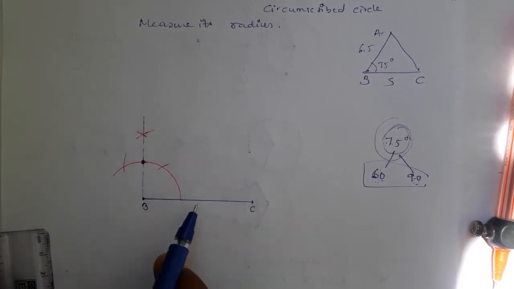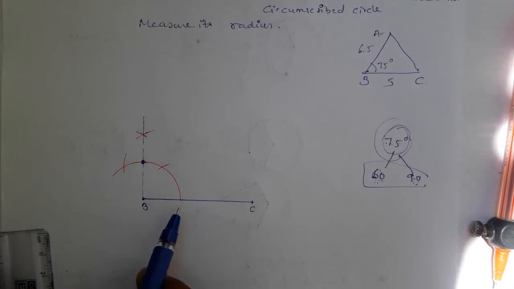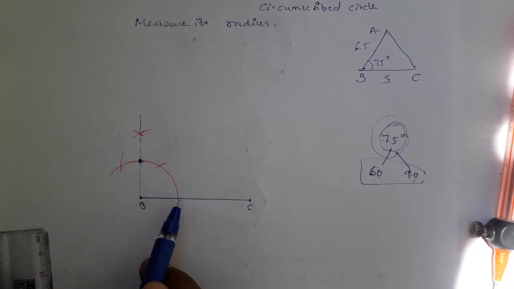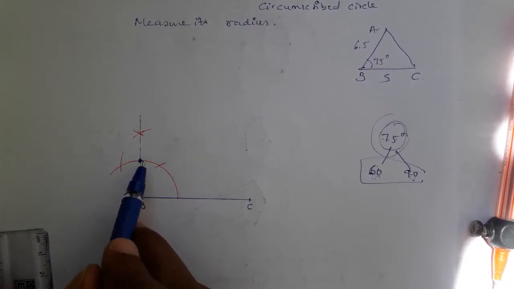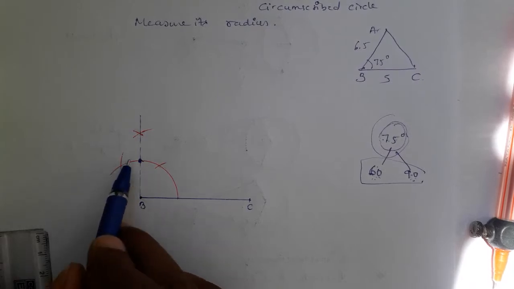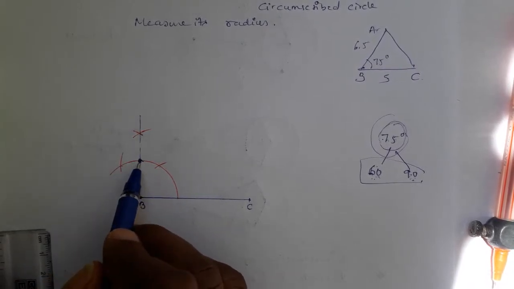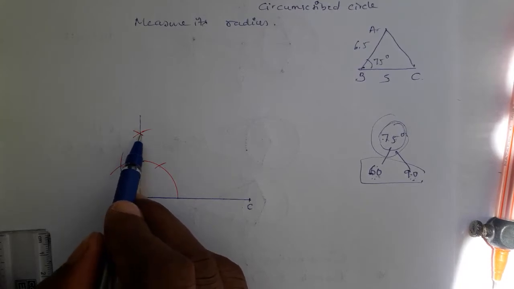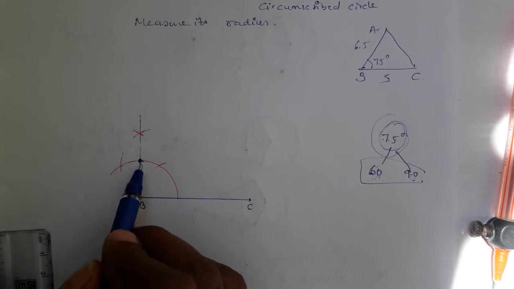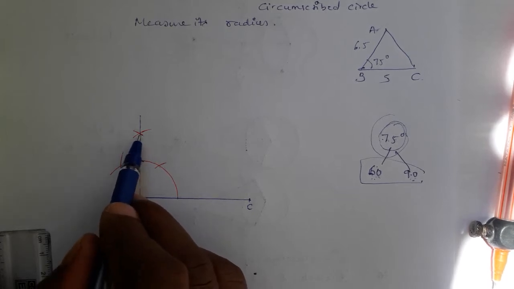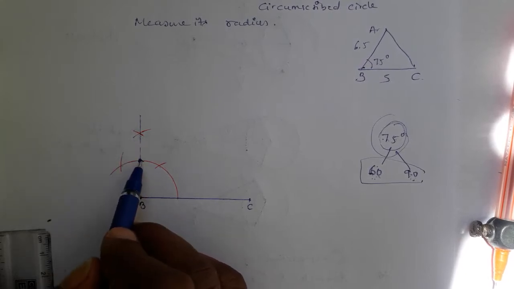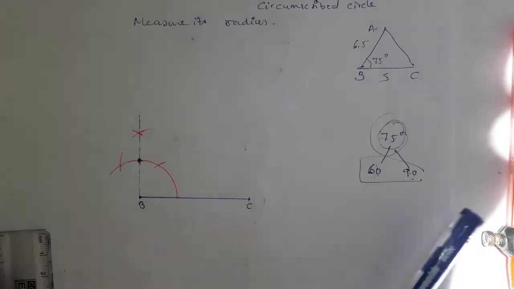Got it? Because all your angles should come on the main arc. Look at this, this is called the main arc. On this main arc only 60 degree, 90 degree, 120 degree, like that, all the angles should come here. So this arc is made to get the 90 degree. That means this arc is not 90 degree. The meeting of two arcs, this is not 90 degree, this is 90 degree. This is just a step of getting 90 degree, but this is not 90 degree. 90 degree comes here.